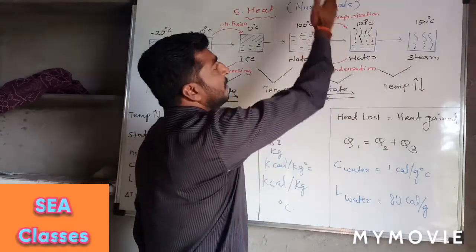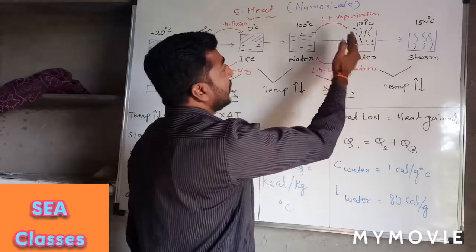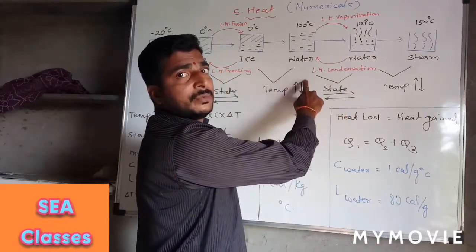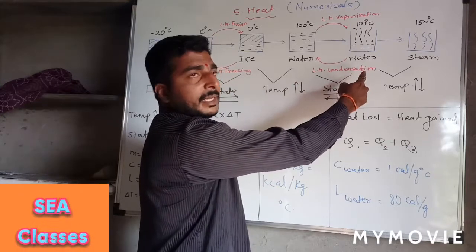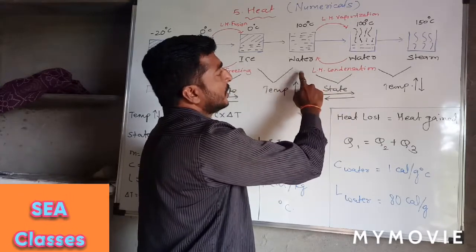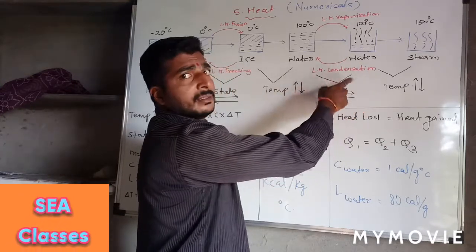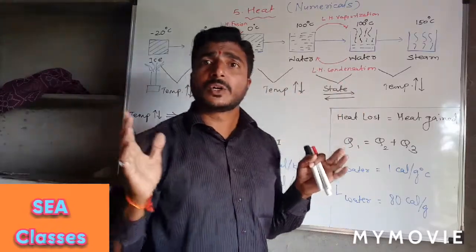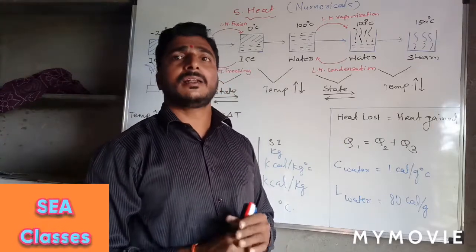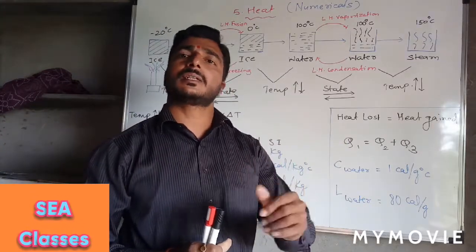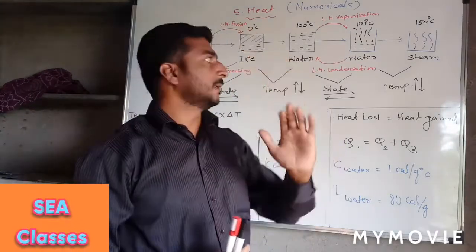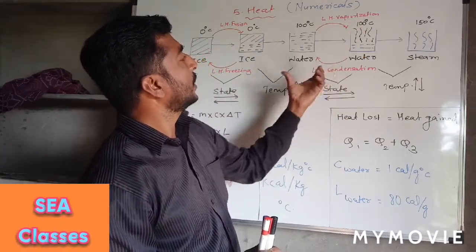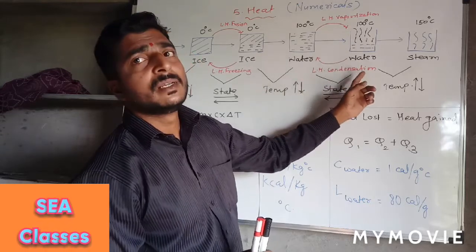From here the steam will evaporate. What is happening in this stage? It is the change in state from liquid to gaseous state. And when there is a change in the state of water to gaseous, the temperature will remain constant until the last drop of water gets converted into steam. So here you will see that the temperature remains constant until all the water is converted into the form of steam.